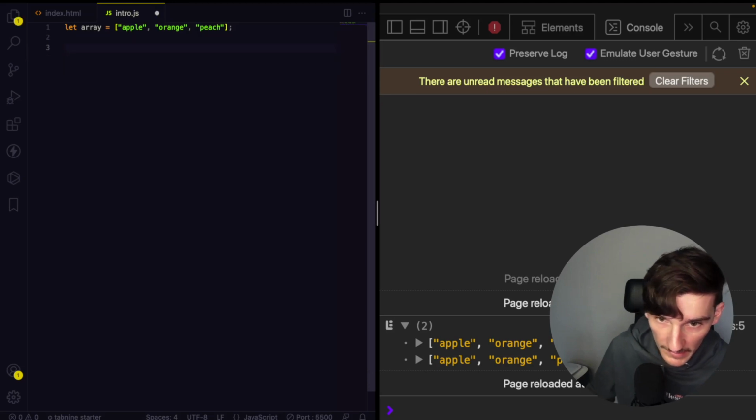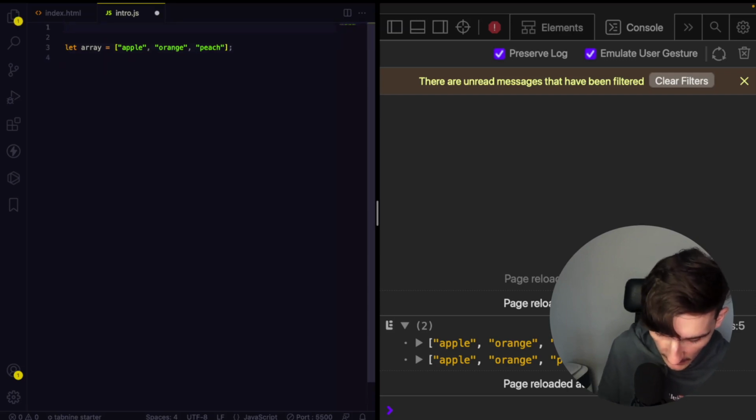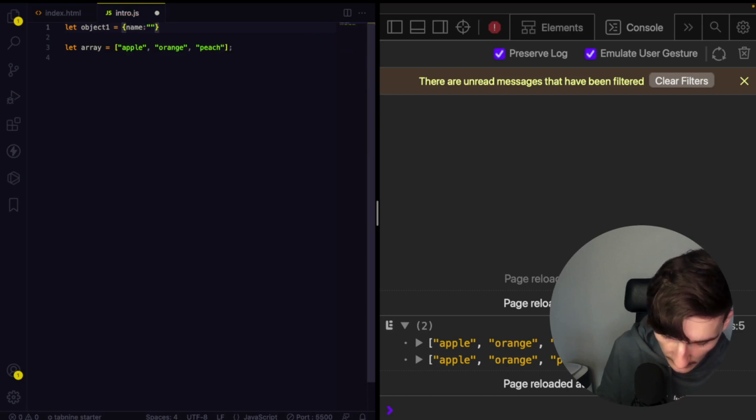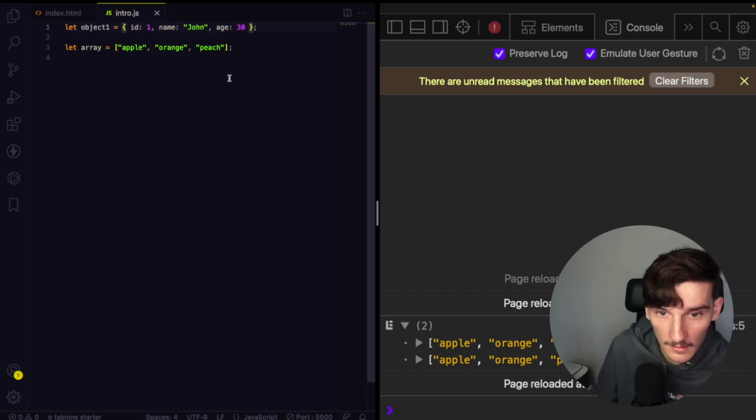So array is perfect, but what is more, I can pass there also objects, and I will make it with let object 1 is equal to, and for example I will go with name John, age 30, and we'll pass also ID 1. I will make 3 objects,